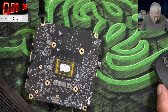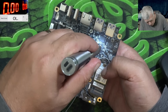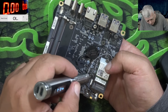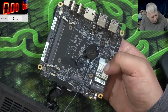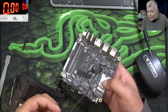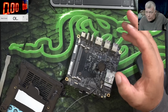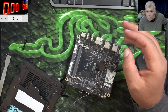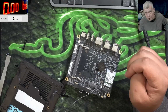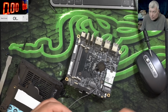Let me put back the heatsink because we have liquid metal here around. Remember I told you at some point, you underestimate shorted capacitor repairs. And I mean, it looks easy, right? The problem is, to perform a diagnosis on a board with a shorted capacitor, you need to use the power supply, yeah? And everyone is scared of using the power supply on the board, and I definitely understand that. So even if it's looking like an easy job,